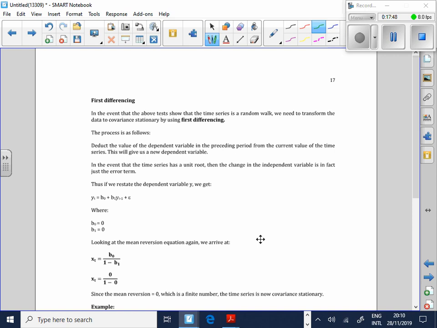Top of page 17. In the event, guys, that I run the Dickey-Fuller test, and they're not going to ask you to run one, by the way, don't stress about that. They're going to give you some numbers over there and tell me what this means. So I run the Dickey-Fuller test, and oh my gosh, it's a random walk. What does that mean? Straight away, what did I say? Random walk, B1 is equal to 1. I've now got a unit root. My data is covariance stationary?